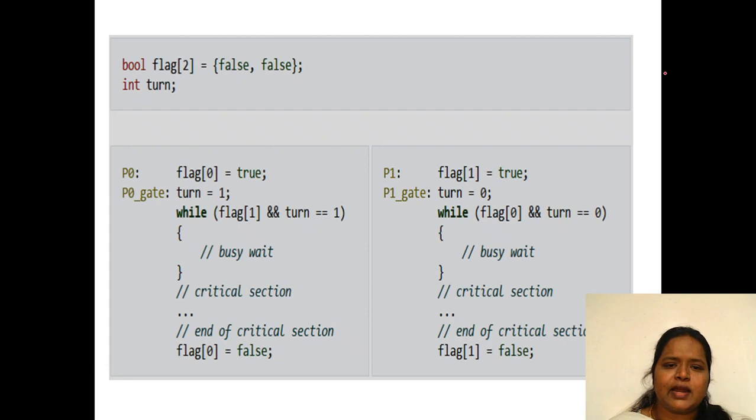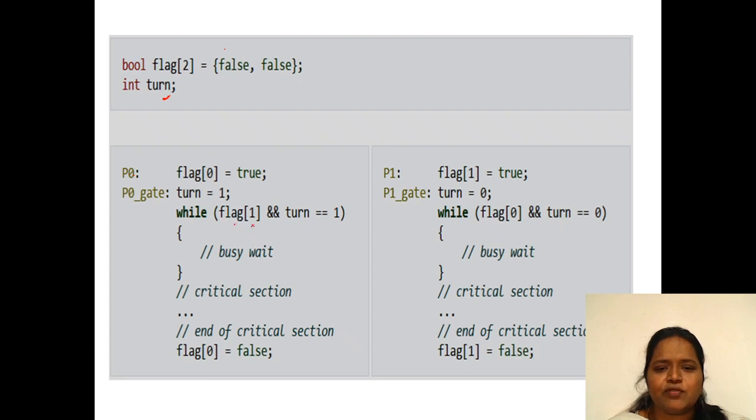Let us see this. Here we have two Boolean variables, flag of 0 and flag of 1, both set to false, and an integer variable turn. Initially flag of 0 is equal to true, that means process P0 wishes to enter into the critical section, but the turn is of P1. Now we check flag of 1 equal to true and turn equal to 1.